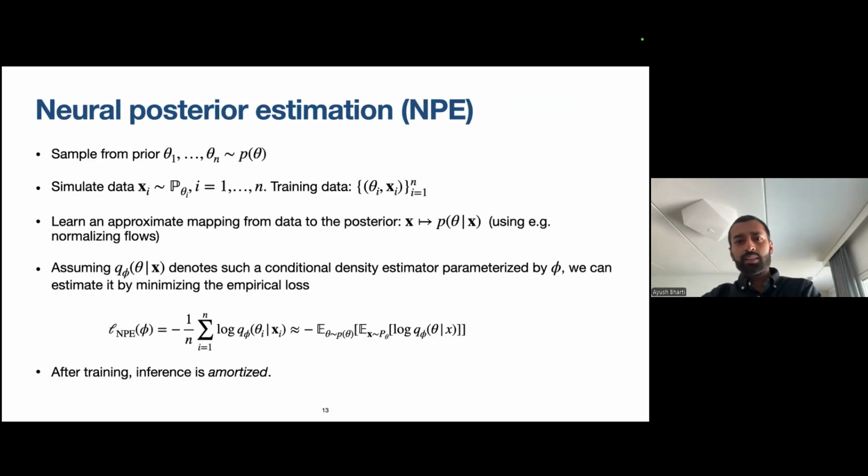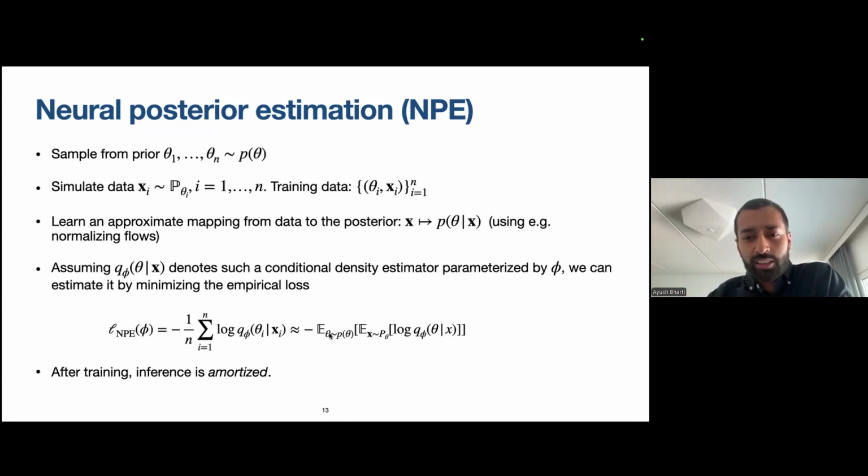And then for neural posterior estimation, you do exactly the same two steps. You sample from the prior, you simulate data. Now this becomes your training data, which is a bunch of thetas and the corresponding x's. And then you try to learn an approximate map from X to the posterior directly, using some conditional density estimator like normalizing flows. This conditional density estimator is what we denote as Q of phi, where phi are the parameters of this normalizing flow, for instance. Once this is trained by minimizing a loss, which is the log likelihood loss of this normalizing flow,